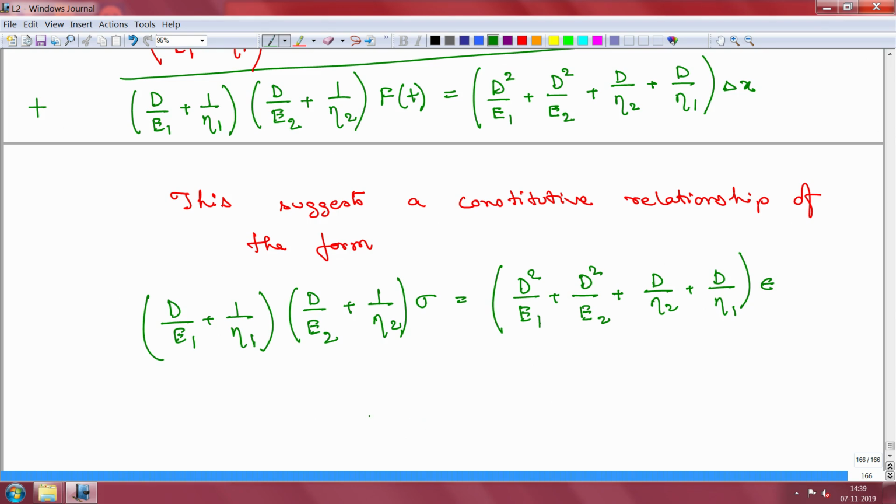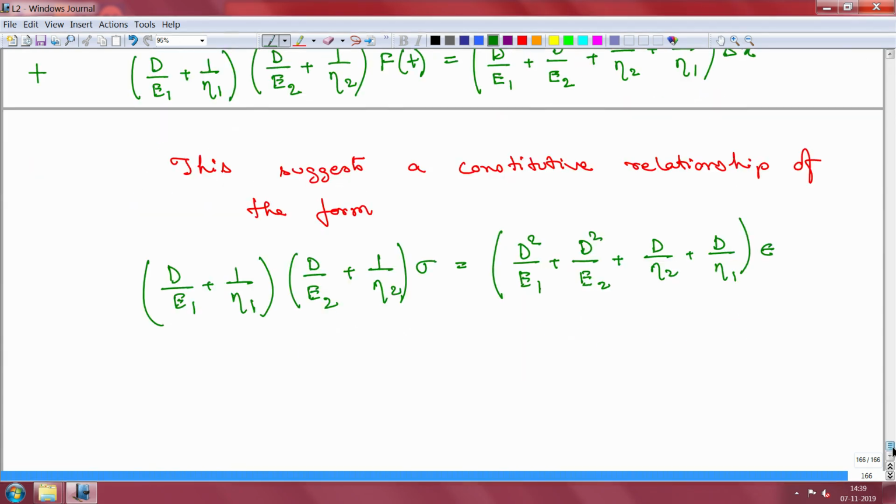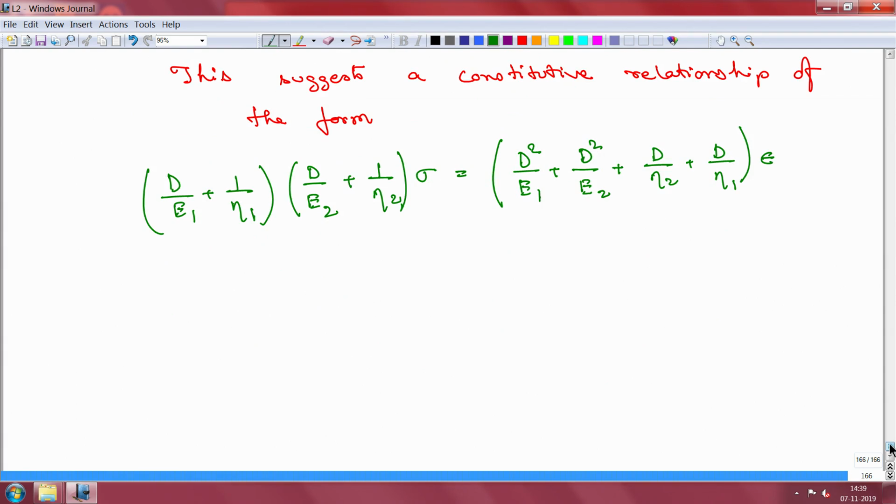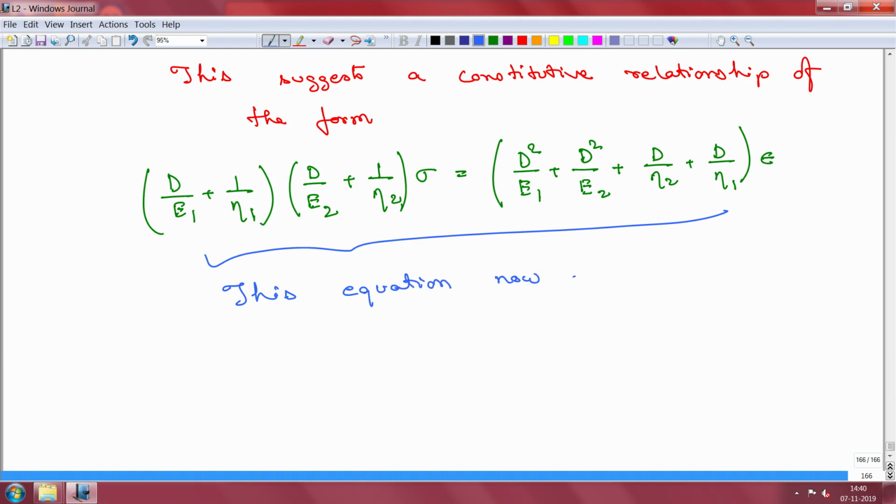So, this is now of the form. We can see that you have the double derivative on both sides. I just left the left hand side in the factored form because it is just easier to leave it like that, because the final point is that this equation now has the form